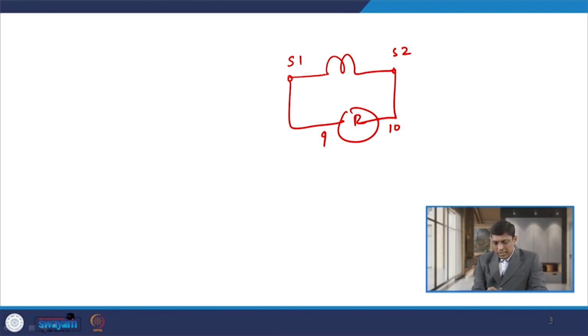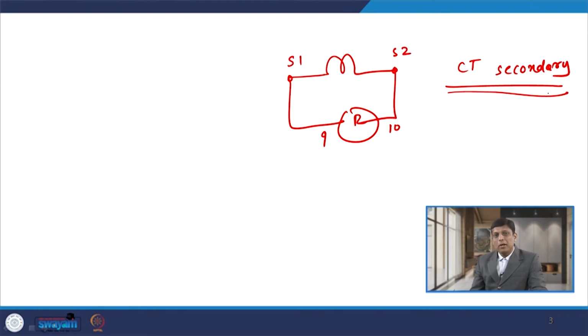or from this S1 and S2, because the relay is always connected on the CT secondary, the CT secondary should not be open circuited. If I open circuit the CT secondary and keep it open, then very high voltage is induced or produced across the CT secondary, and if a person is working in the substation, he may get a shock against this very high voltage available across the CT secondary. So, in an actual substation, almost all the CTs are provided with a device known as the CT shorting switch.